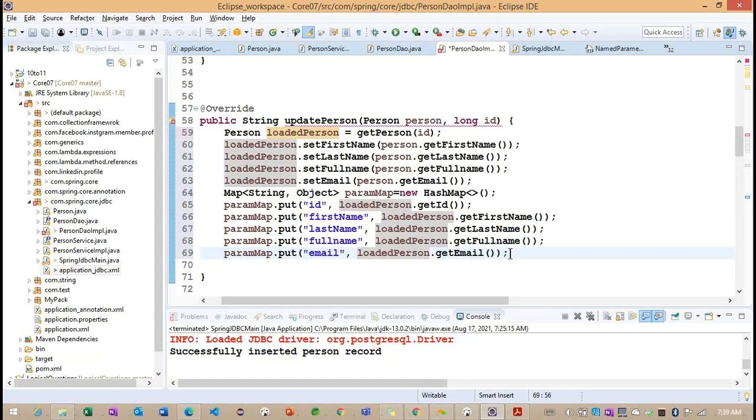So this is all about the particular object information. Okay, I think so.